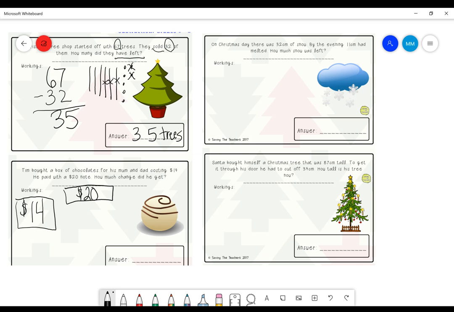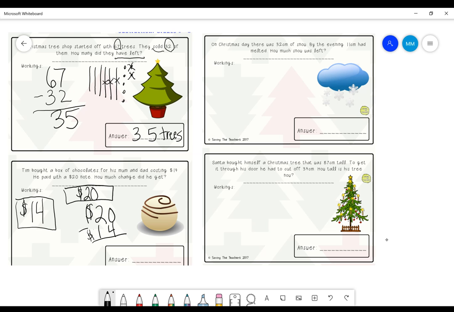All right, Smarties. So here is the equation that I am thinking Tim would use. Tim gave the store clerk a $20 bill. He owed $14, right? So he paid with a $20 bill to pay for $14. So he's going to get some money back. So I'm starting with my whole, which was $20. And the store clerk is going to take $14 and we are going to find how many dollars he has left. So starting in my ones place,